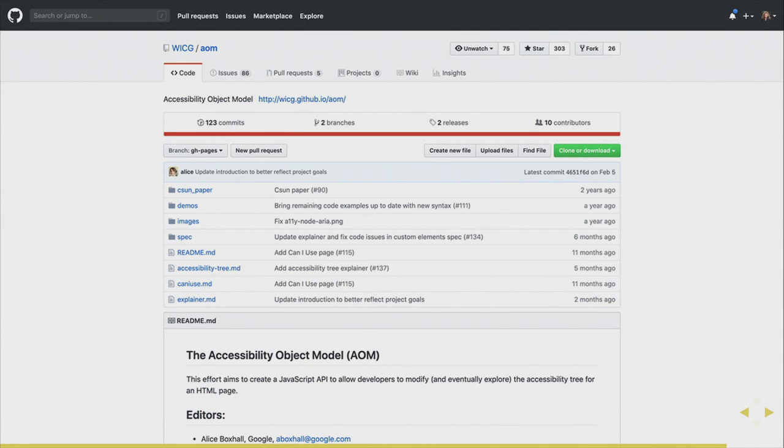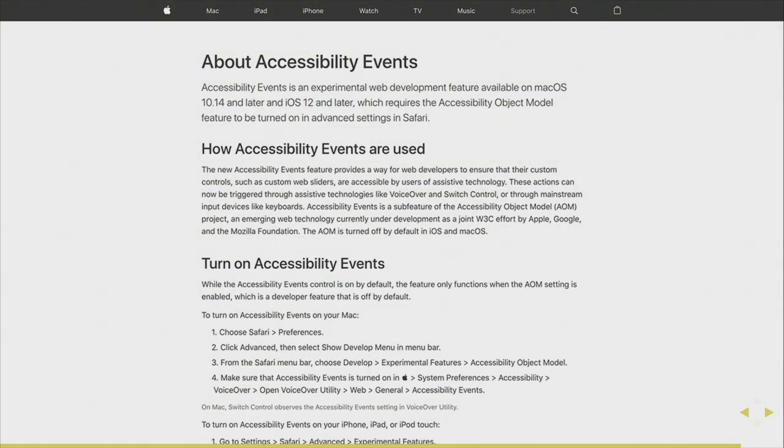There's a really controversial technology in the web world called the Accessibility Object Model, and it's been developed at the Web Incubator Community Group. This is a screenshot from their GitHub repository, and they've done a really good job of considering privacy, having discussions about privacy, and I think they're at a point now where there's a really great foundation for moving forward. It has been implemented by Apple, however, and they used an older version of the spec that was prior to some of these privacy conversations, and just a day or two ago, Apple wrote this post about